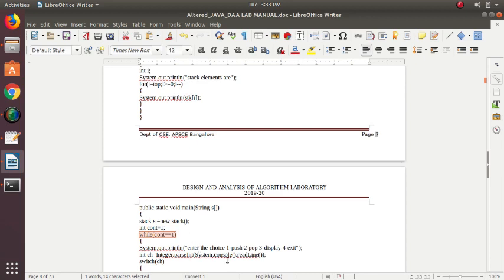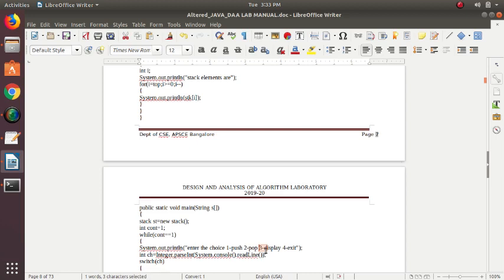So I give options: if you press 1, it will opt for entering, that means pushing the values into the stack. If the user wants to pop, you need to press 2, right? And if you want to know the current status of the stack, you can get the details by pressing 3.